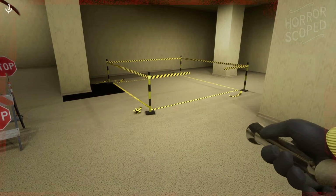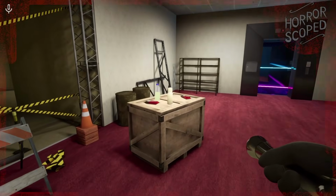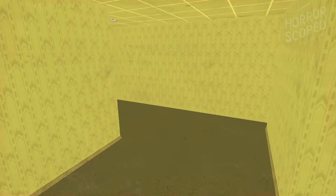Speaking of taped off areas, there's a section of what looks like level 0 just off to the side, and we can't typically access it. Moving the camera inside, you can see that it's fully modeled in here, but it simply comes to a wall